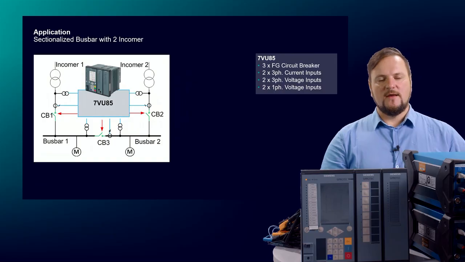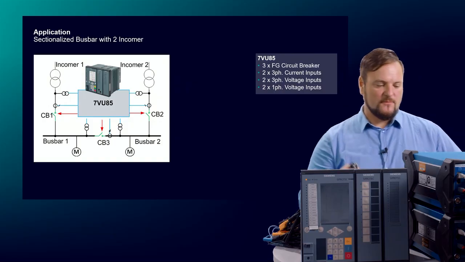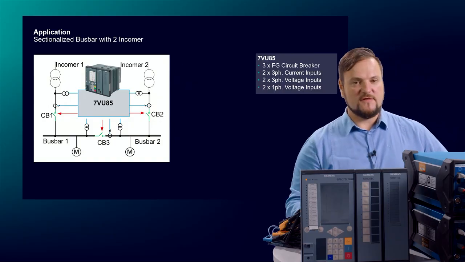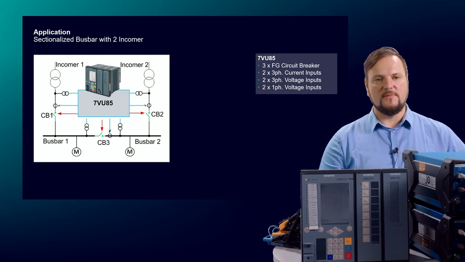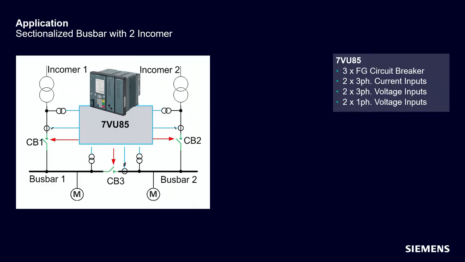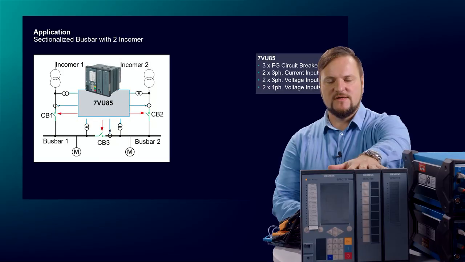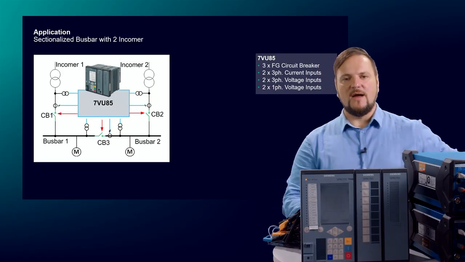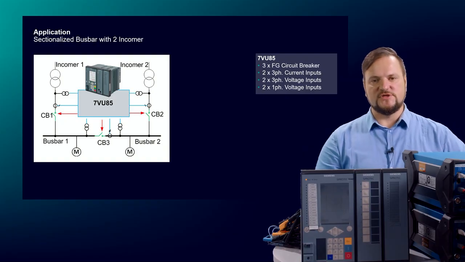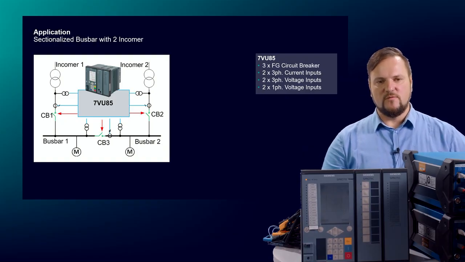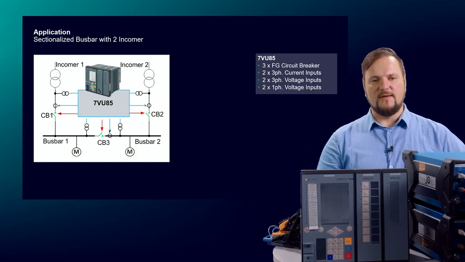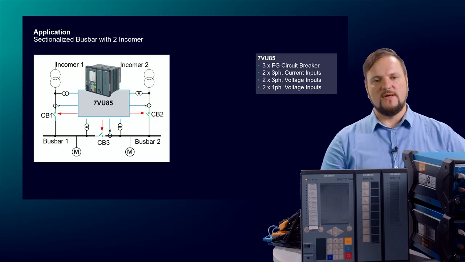Today for the dynamic testing, we select these typical applications: a sectionalized busbar with 2 incomers. For such an application, we need this hardware, this device here on the table. I have selected 3 FG circuit breakers for it. That means we have to count the circuit breakers in the application: 2 incomer circuit breakers and 1 tie